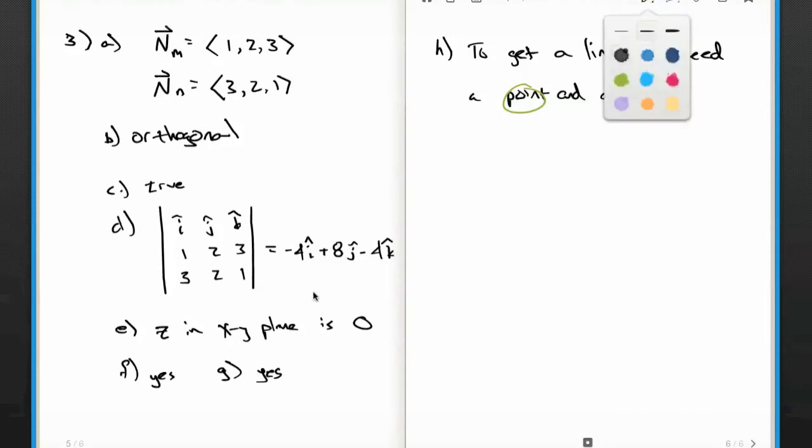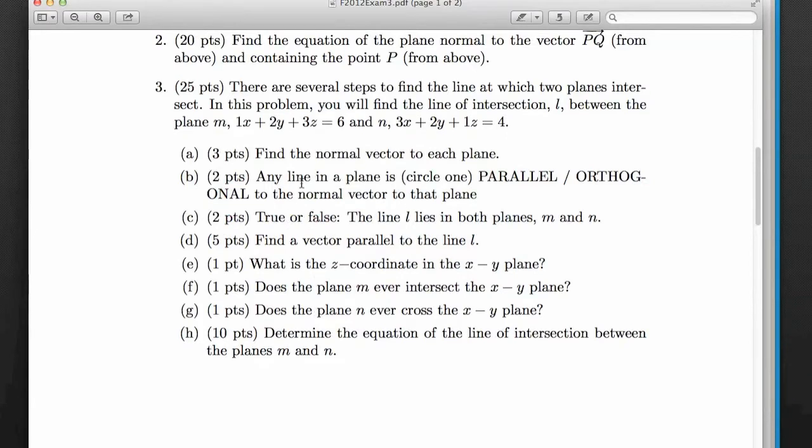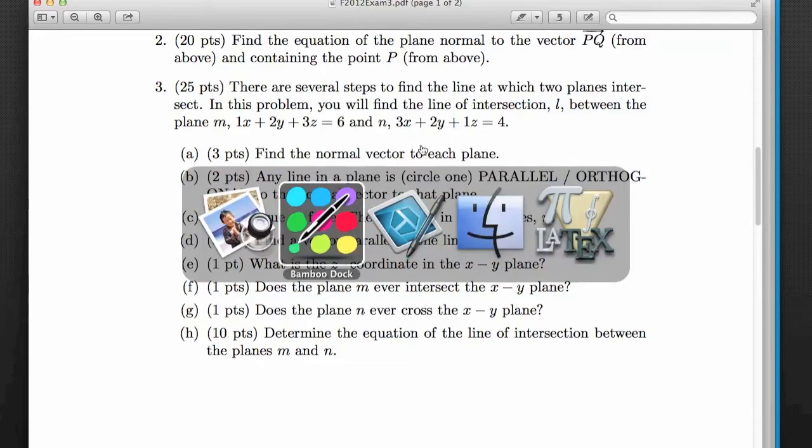But I realize, wait a minute. If both these planes cross the xy plane, the z coordinate there must be 0. Same deal with this other plane. Where it intersects the xy plane, the z coordinate must be 0. So my two planes were x plus 2y plus 3z equals 6, and 3x plus 2y plus z equals 4. And if z is 0,